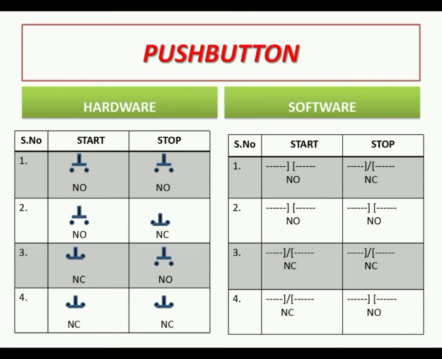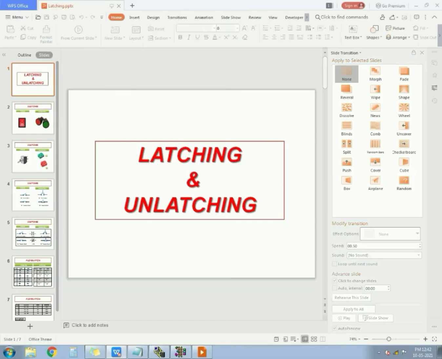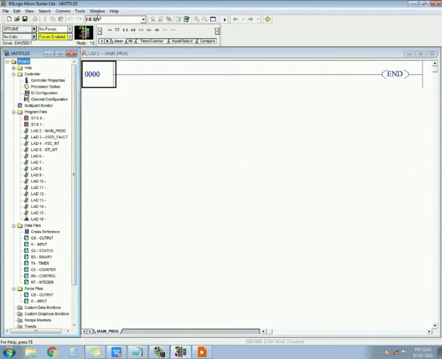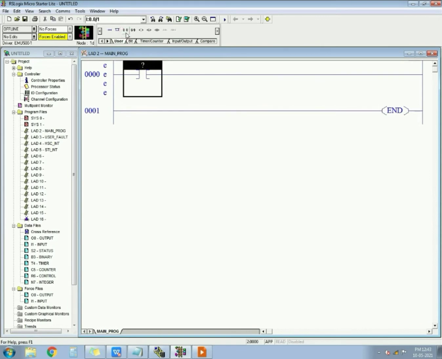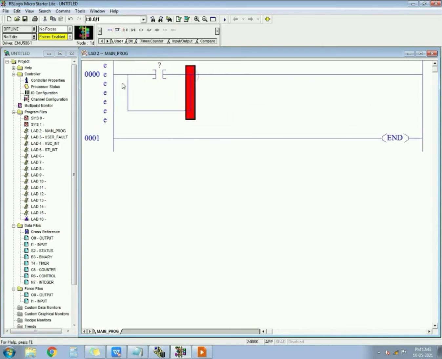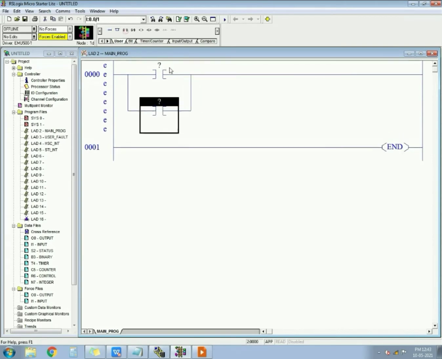Before that I want to go to a latching program. I will make a latching program simply, as I made in the last tutorial. So I am taking this NO and I am latching it. How to latch and how it will work, I have explained in the last video, so I will not go into that. I1:0.0/0, let it be this.